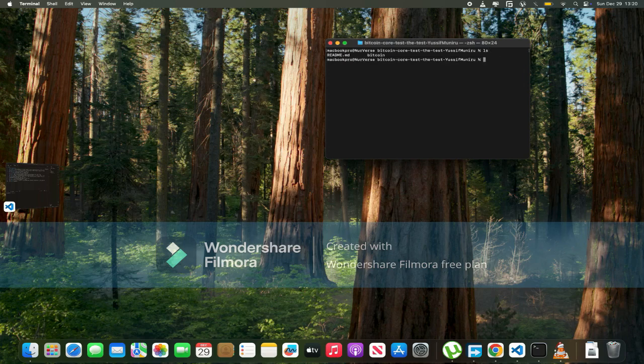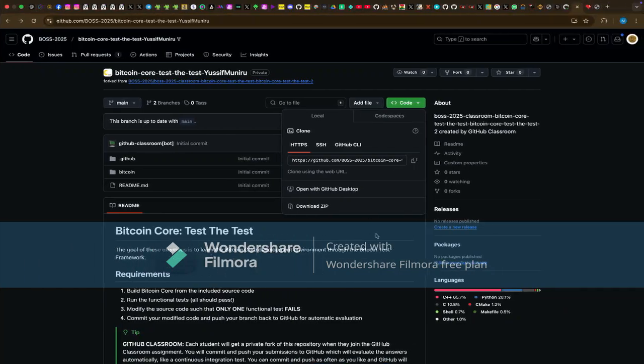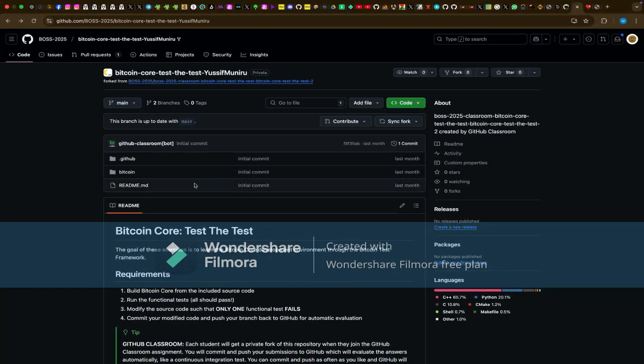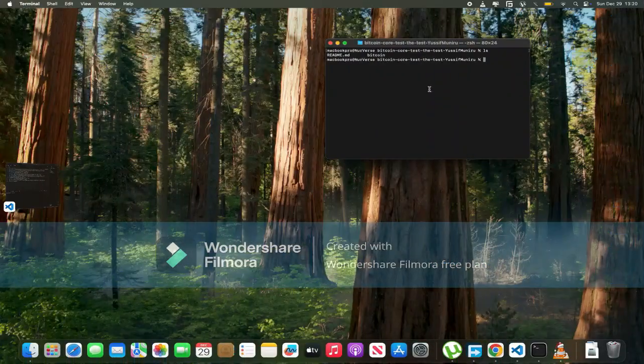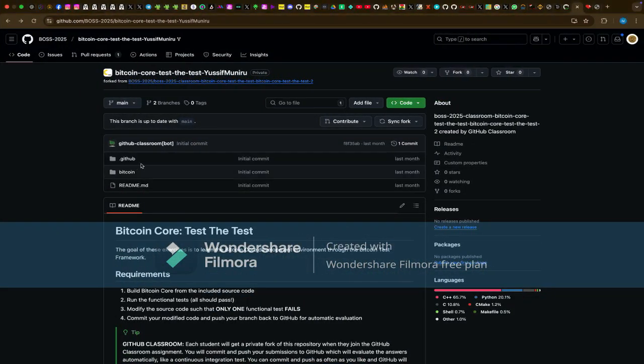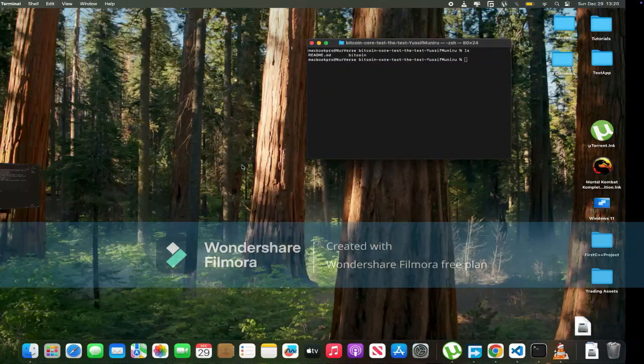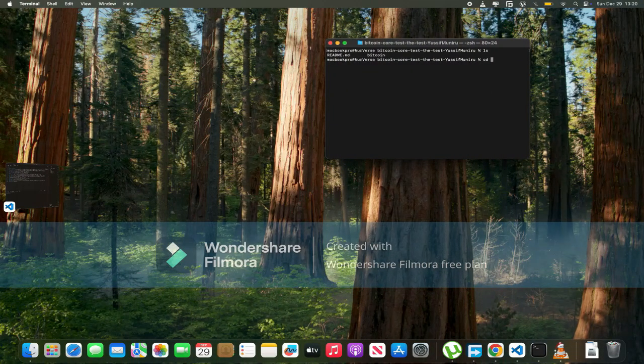So if I ls, you see that there's a Bitcoin, there's a readme file. This is a readme file. I can check it out, but this is just the script for the CI/CD that they are using over there to evaluate it. So I can just cd into the Bitcoin, and if I ls, you see that there is a CMake and there's a doc,